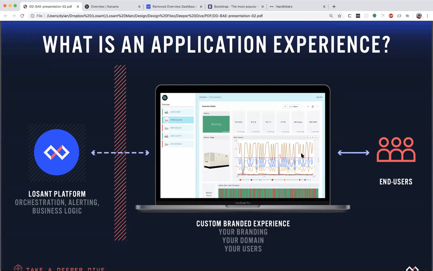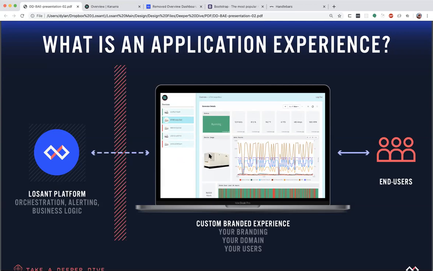This can actually take a couple of different forms also. We can also build a full data API. So instead of returning an actual web page to a user, we can actually return just straight data, usually in JSON format, JavaScript object notation. You can use this to build a whole API. Like I said, we actually do this internally at Losant. We use an internal chat service called Slack. Many of you probably use it. And we actually use application experiences to build some applications in Slack that allow us to interact with, for example, our conference room booking and office plans and things like that.